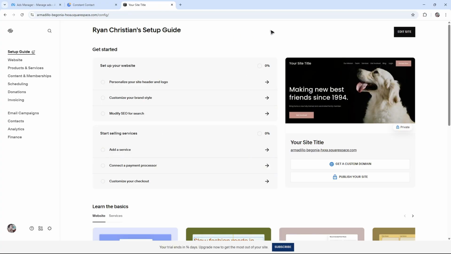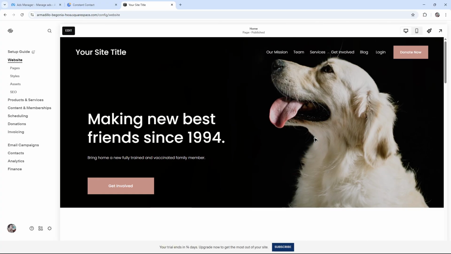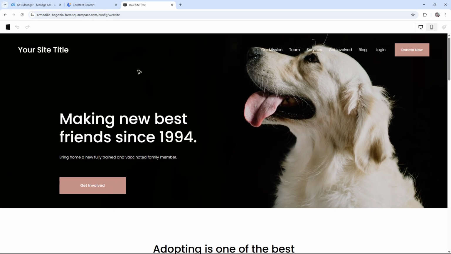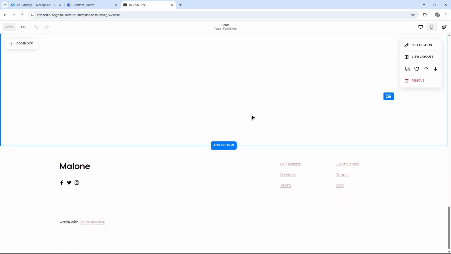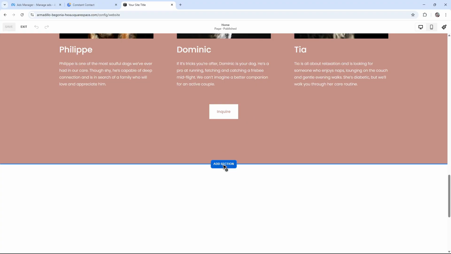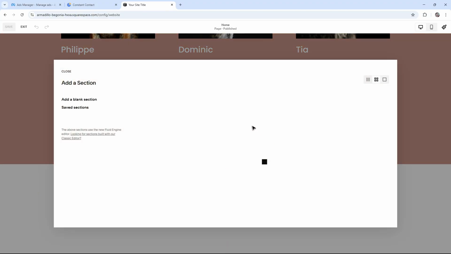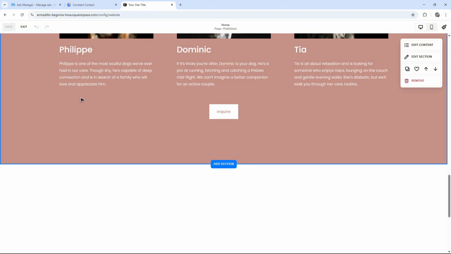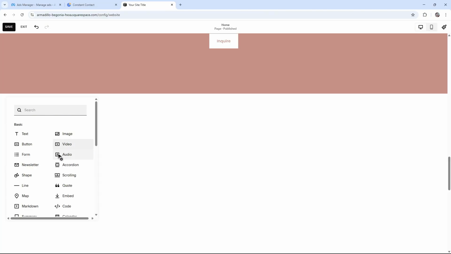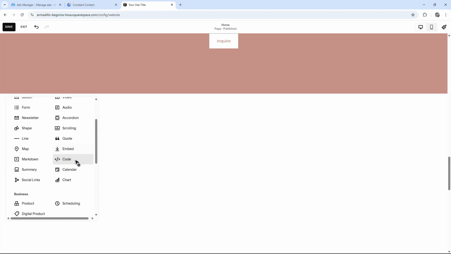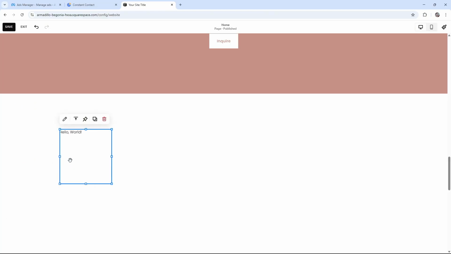Just go ahead and edit your website like so, edit. And then you can go ahead and add a block or add another section. Just for this example, we're going to be using add a blank section, okay? And then edit, add a block, and here use Embed or Code, okay? Click on one, enter your code in here,